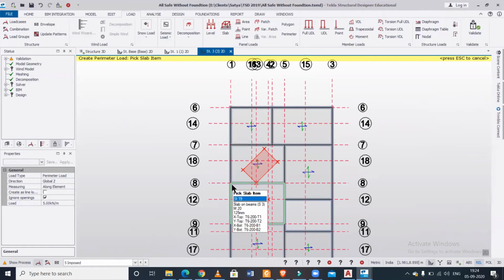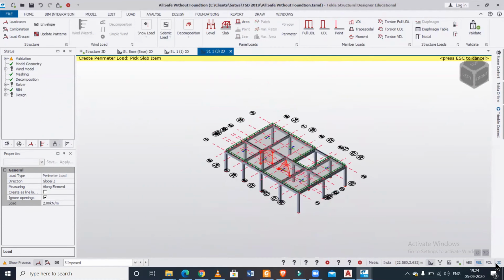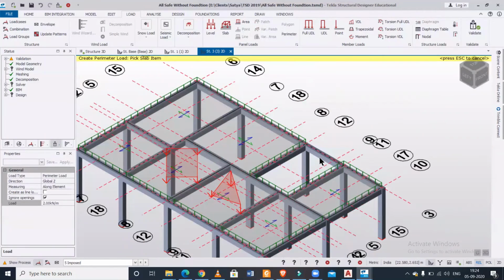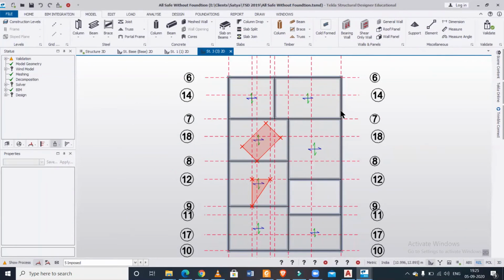Now, if I just click on any slab, let's say this 5 kilonewton per meter square, you can also always change this value. Let's take 2. Just click anywhere, and then you can see in the 2D view that a loading of 2 kilonewton per meter has been applied here. And now we'll just go to our model,